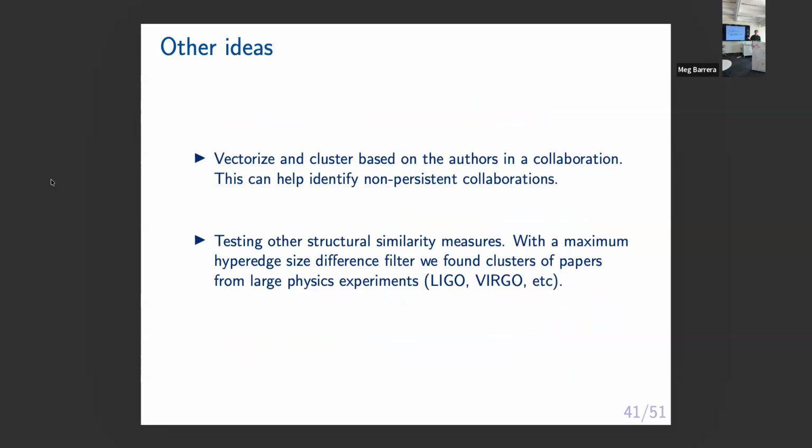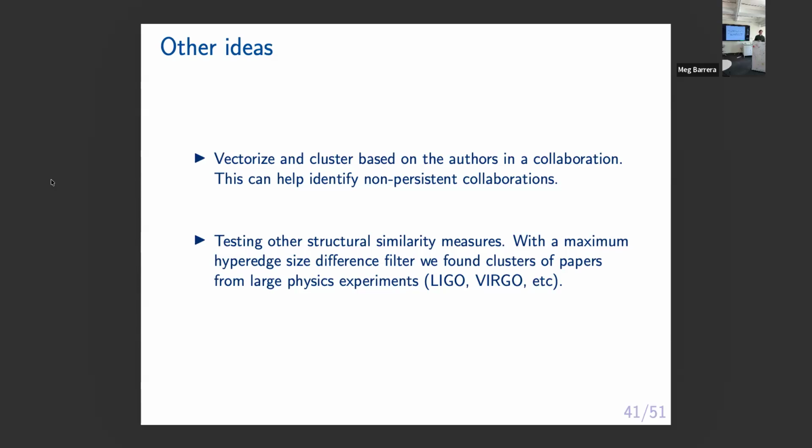So this is a conference paper. There are some other ideas in there. You can take a group of papers as a distribution of the number of times each author contributed to that cluster of papers. And you can do the same UMAP trick, and then if two points are very close together, but maybe they took a break in a year. If you take two years off, there will be no temporal similarity, so that has to be two different clusters. But if it's the same group of authors, then this would happen. Maybe you can find these non-persistent collaborations.